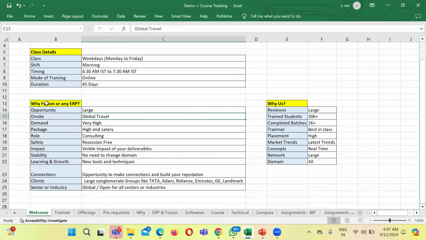Talking about the prerequisites for this course, from our side we claim that there are no prerequisites required. Whether you have technical knowledge or not, whether you have done any programming course, or you have domain expertise in the aviation industry, HR industry, hospitality industry, or you have been on the functional domain side or technical domain side,